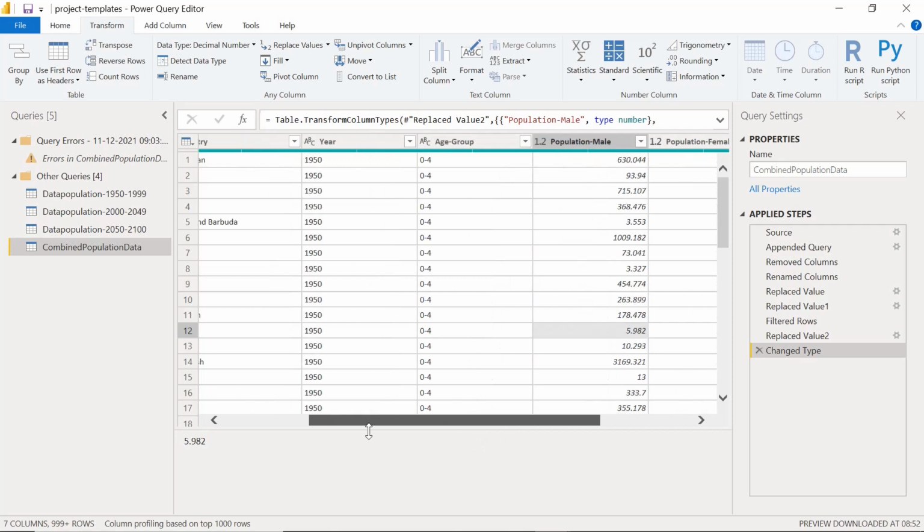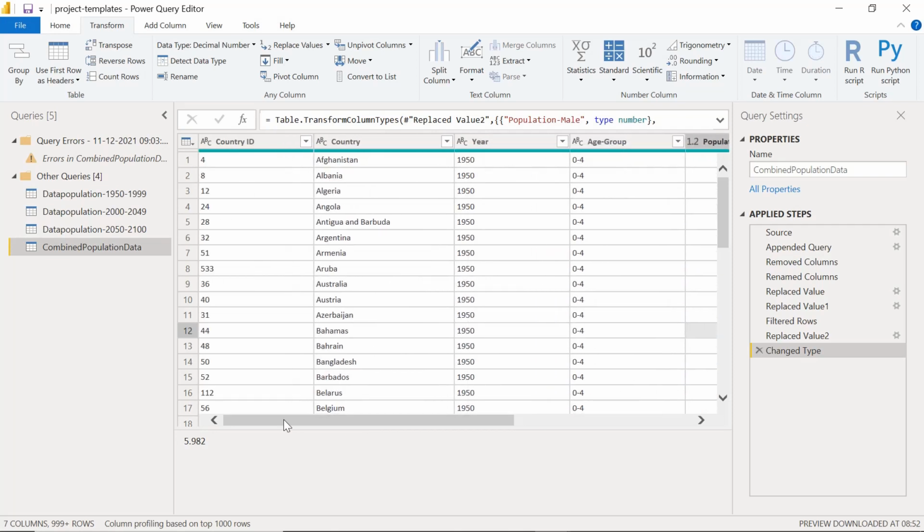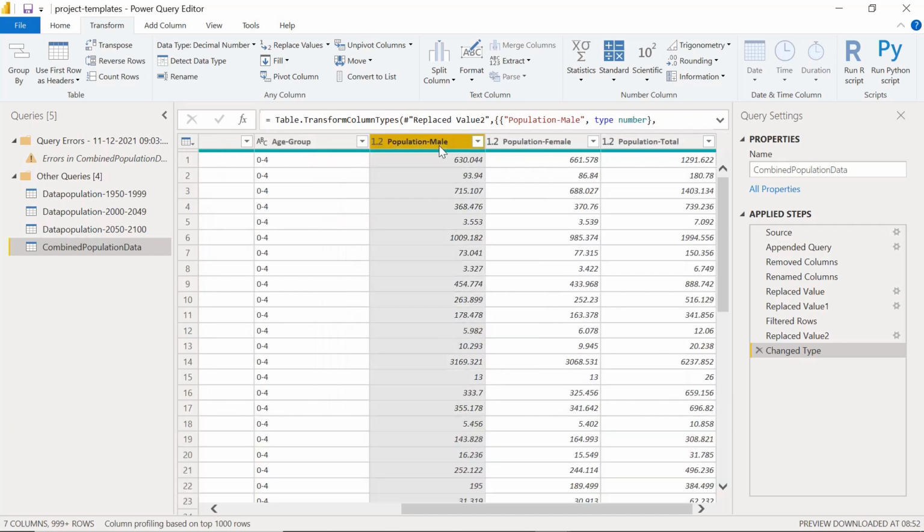Now you can see here which columns we can apply this to. We have year, but we cannot apply it there. But there are two columns, population male and female, where we can apply this pivoting and unpivoting of the columns. So how to do this? Basically, we will make these two columns into rows. To do that, just select the column, and in the transform menu you have unpivot columns. If we click here, we have unpivot columns, which unpivots whatever selected columns, or unpivot other columns.